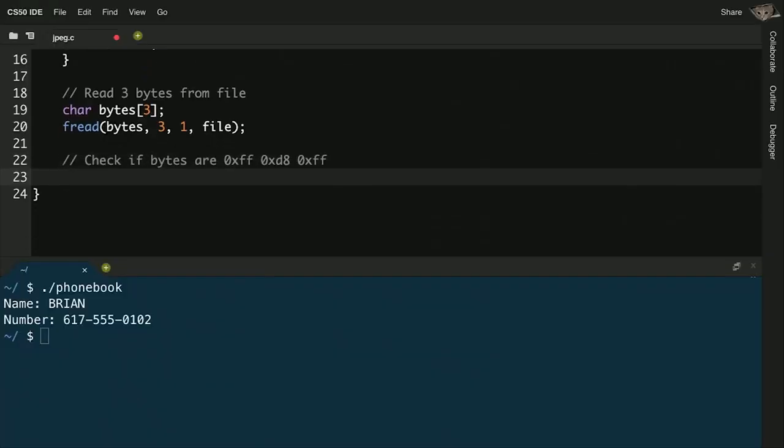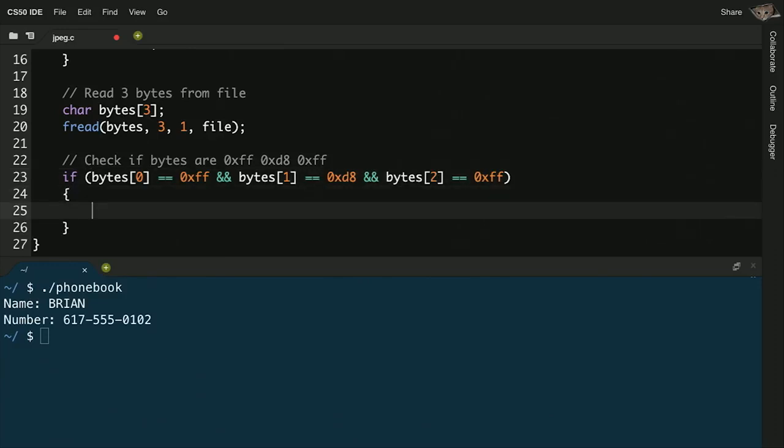So how do I do this? It's actually pretty simple. If bytes 0 equals 0xFF, I can literally type hexadecimal in C, and bytes 1 equals 0xD8, and bytes 2 equals 0xFF, then it turns out it's probably a JPEG.